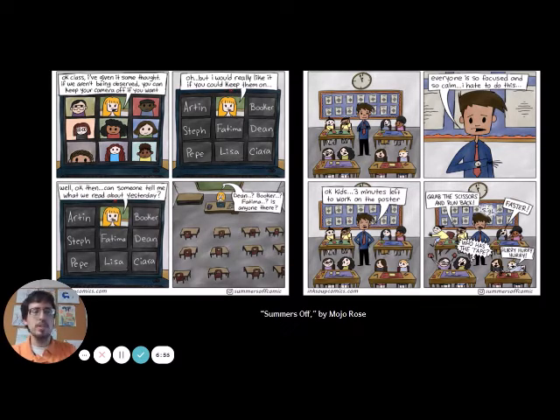"Everyone is so focused and so calm. I hate to do this. Okay, kids, 3 minutes left to work on the poster." And then everybody's yelling and getting up all over the place. "Grab the scissors and run! Faster! Who's got the tape? Hurry, hurry, hurry!" So I know we've seen that in class too, because at the end, everybody gets stressed and wants to make sure they finish their last minute stuff.